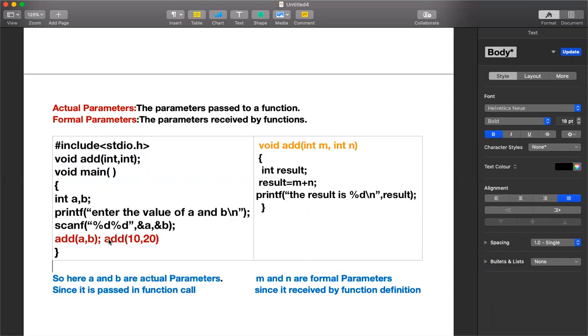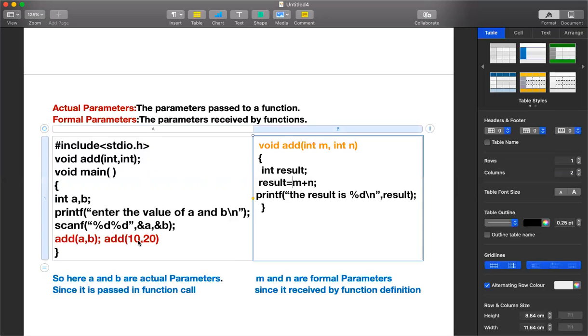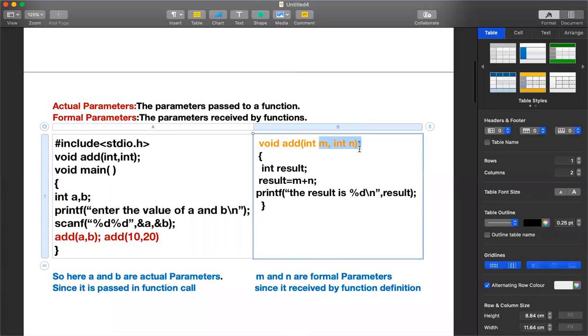These parameters, a comma b, are received by m comma n, which blindly copy the value 10 to m and the value 20 to n, and then we compute result equal to m plus n, where m and n are receiving the data sent by the actual parameters. So the data is received by formal parameters. The formal parameters are the parameters declared inside the function definition. This is what we discussed in the last class too.